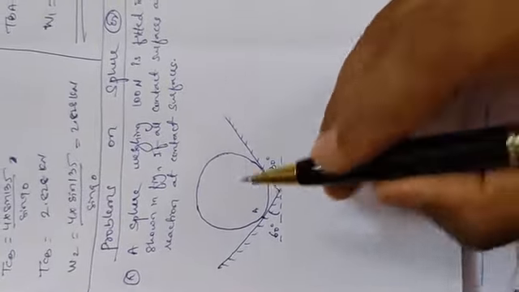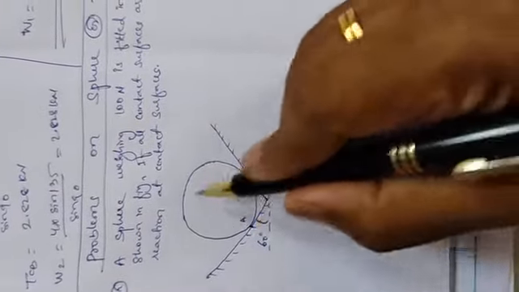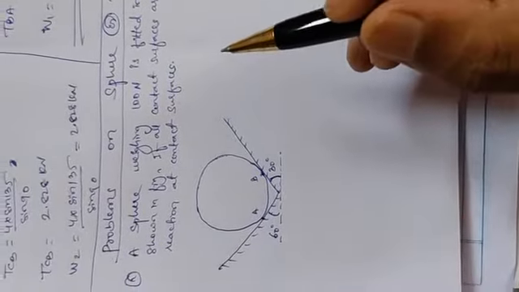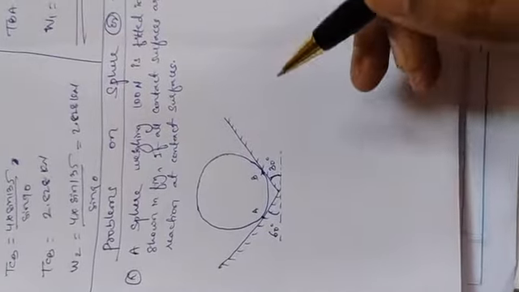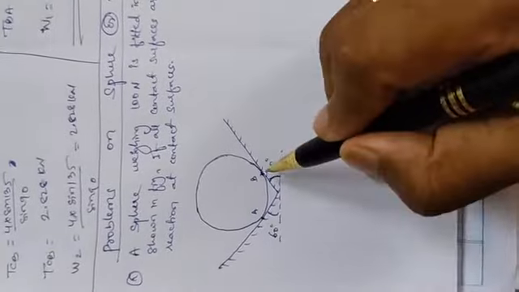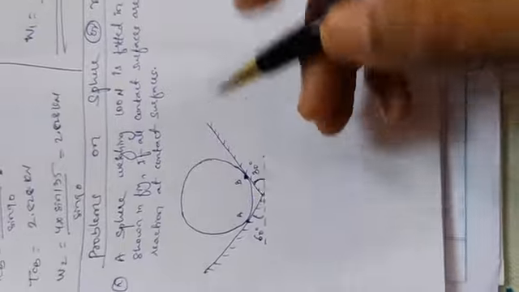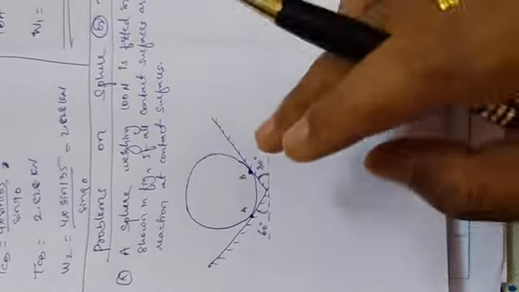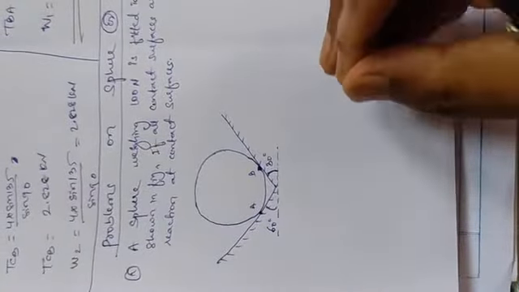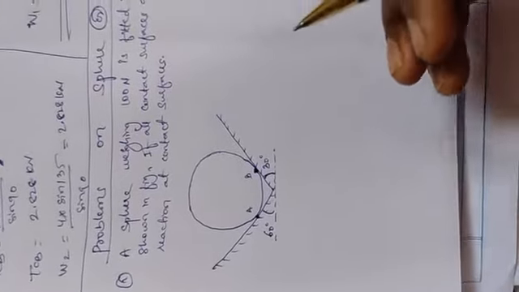Obviously we can say only two, which I have already marked here, A and B, because each plane acts as a tangent to the sphere. When we draw a tangent to a sphere or a circle, it meets at a single point, which is the contact point. So here we have two contact points, A and B, and there will be two reactions. Wherever the sphere comes in contact with a plane, or between two spheres, there will be a reaction exerted, and that we are supposed to calculate. Let us try to do that.